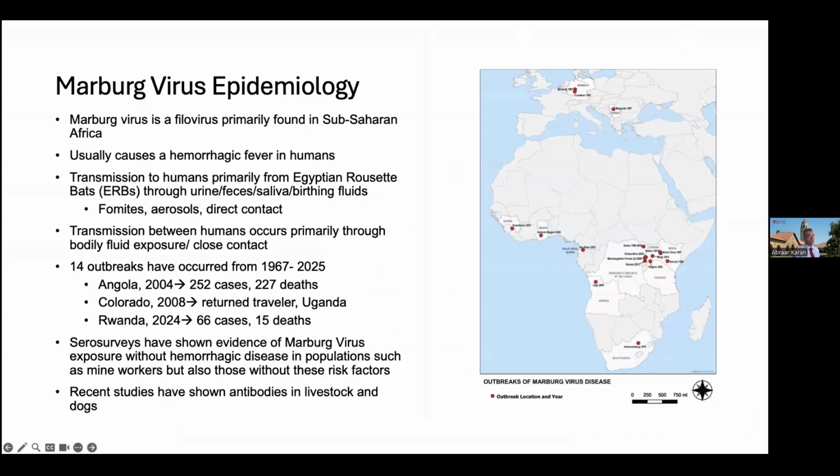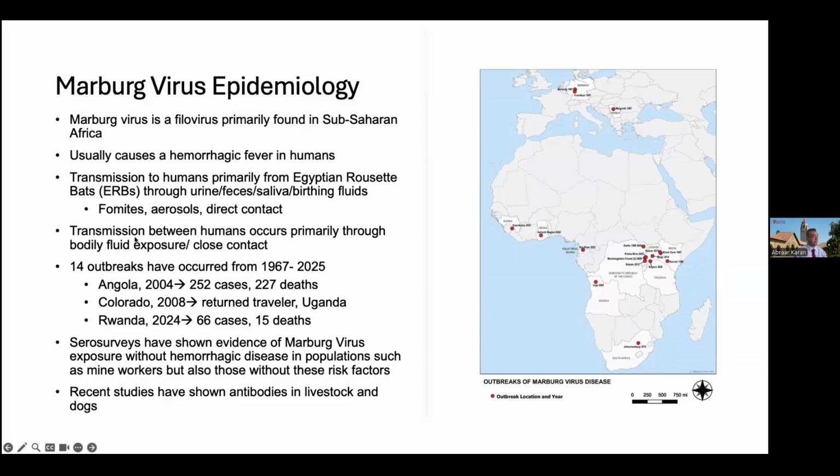So just some brief epidemiology on Marburg virus. The virus is a filovirus similar to Ebola virus found in sub-Saharan Africa. The map on the right of the screen here shows a number of outbreaks that have occurred over the years. As you can see, most of them are in East Africa, with some in West Africa as well, and some